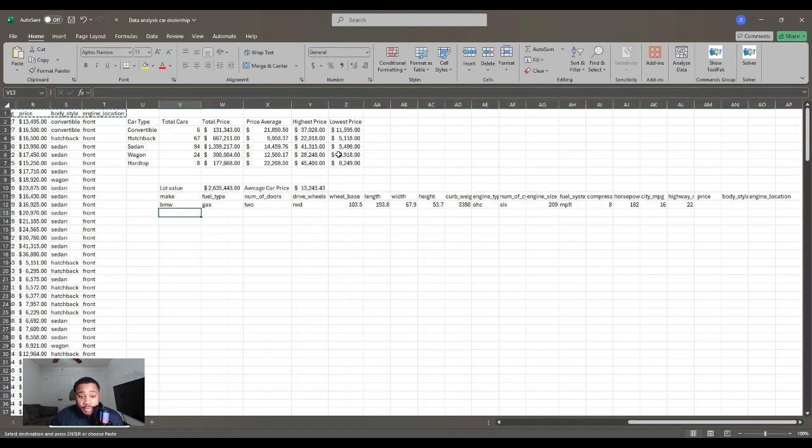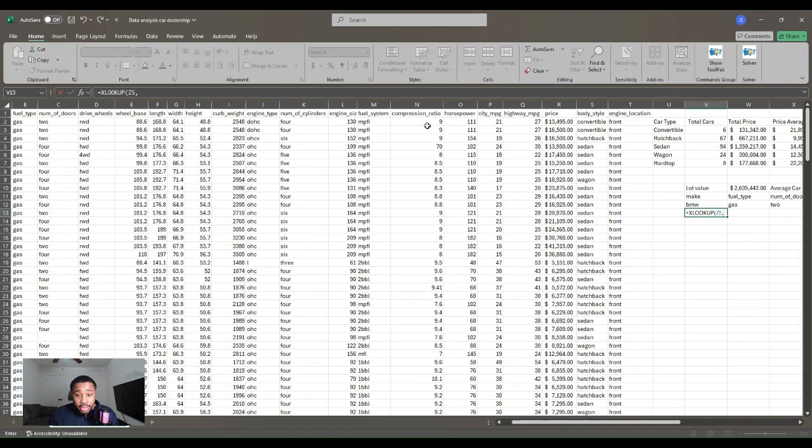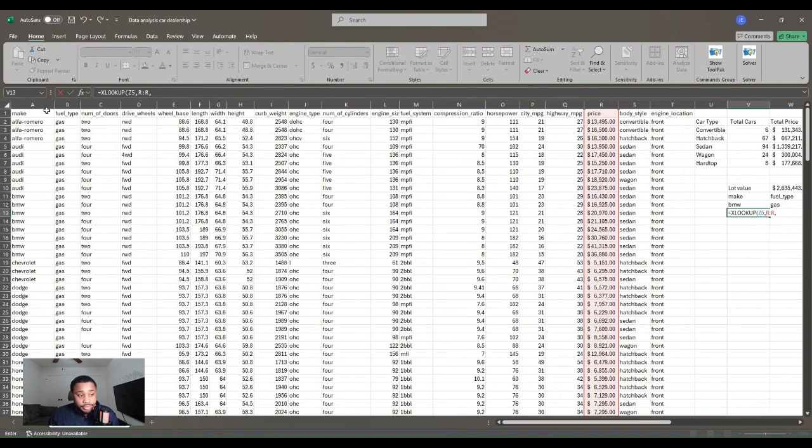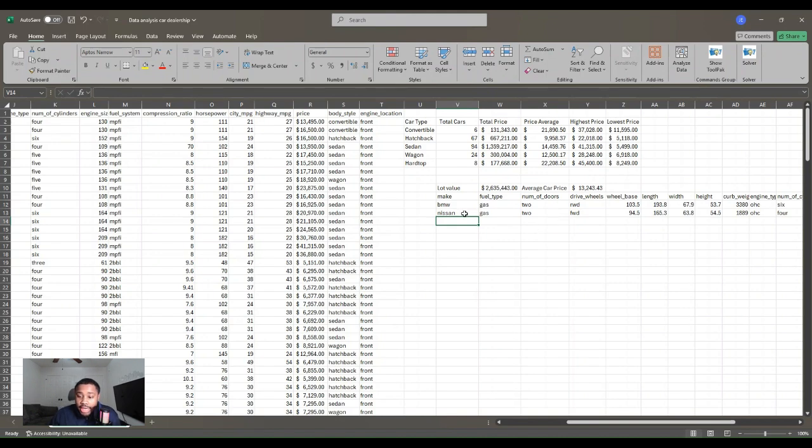Let's look up the $5,500 car and see what car that is. So we're going to do another lookup. The lookup value is 5,500, and then the lookup array, which is price, and then a return array. So we got a Nissan here,